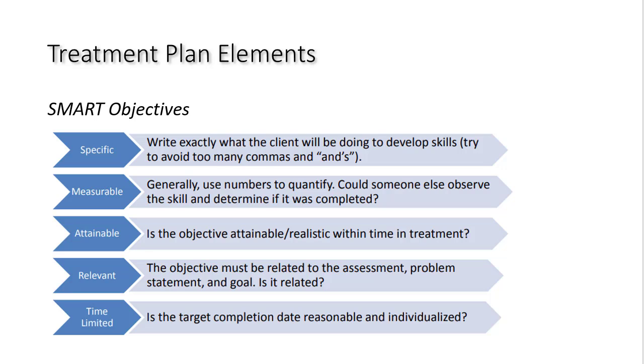Then last is time limited. This is the big one. You need to have a time limit. That's why I usually start a goal with by so many months, days, weeks, whatever it is, they will complete this thing. And within reason, you need to have good time limits. So if you think that somebody is going to remain sober for 3 weeks